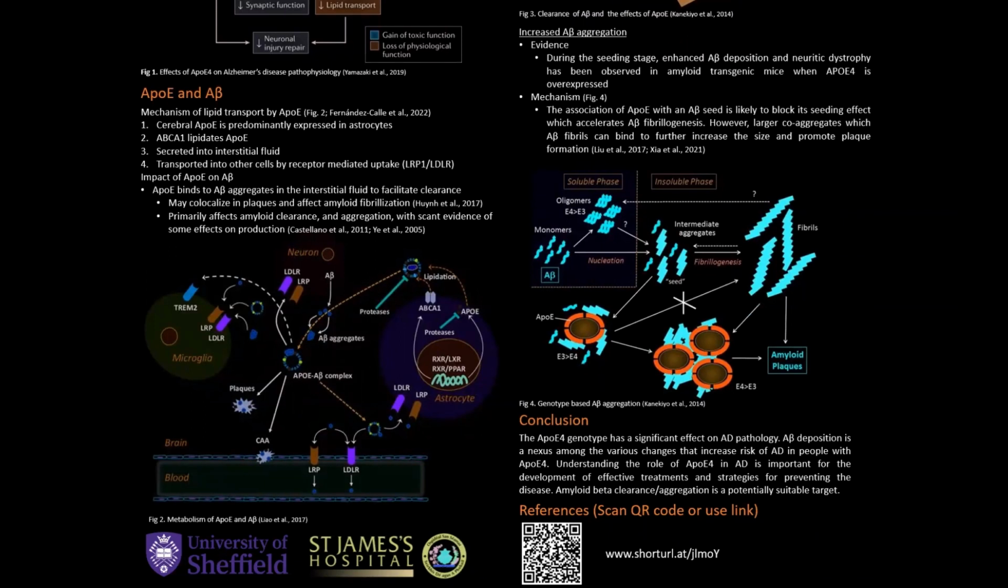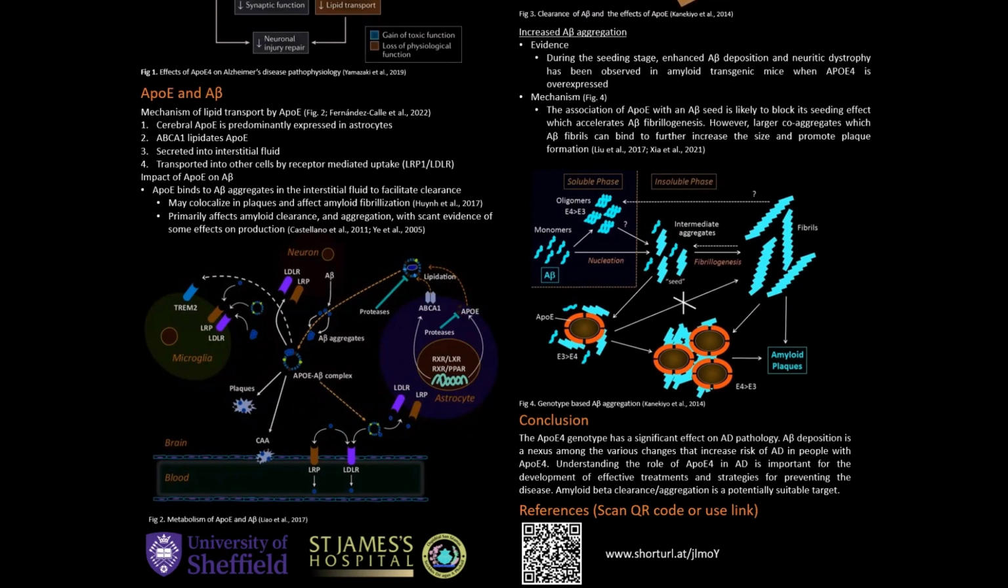Meanwhile, amyloid beta is produced in neurons. In ApoE's lipidated form, it can bind amyloid beta and facilitate its clearance. When ApoE is not functioning optimally, it can co-localize in plaques and affect amyloid fibrillation. In addition, suboptimal ApoE can affect amyloid clearance and aggregation, with some scant cell line-based evidence indicating it can affect